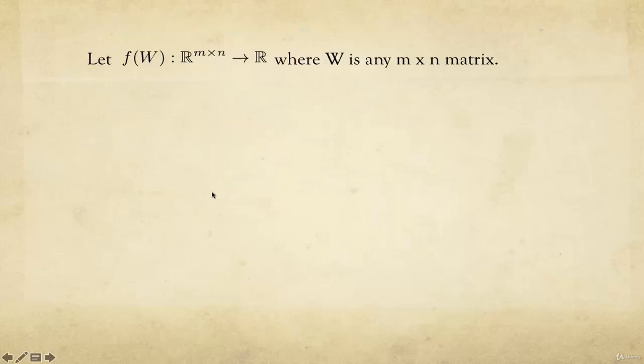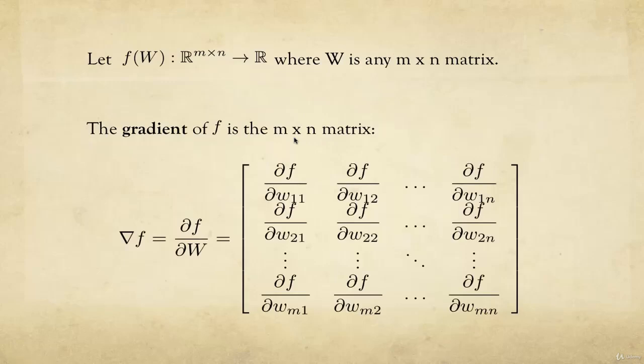Now, if a function is a function on matrices, so if you have a function that takes matrices, as we saw in lecture 2, and outputs a real number, W is an m by n matrix, then the gradient of f is an m by n matrix. So it has the same interpretation. It's still the direction of largest increase, and this is now a matrix. It's no longer a vector, it's a matrix. And so the notation for this is that we'll say df dw, again w is an m by n matrix,